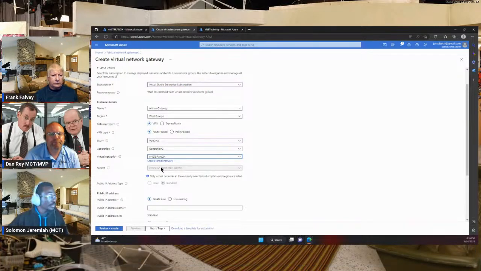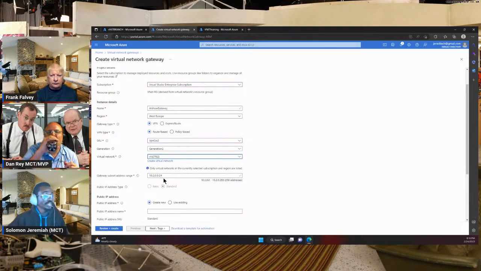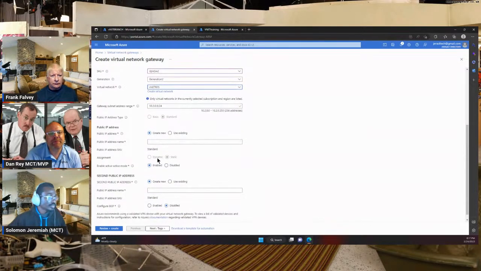So if there was no subnet there, you can still create it. So if I probably choose, I think there's no, oh, there's one there. So let me try this. So you can see it created a new subnet for the gateway for me. And once you do that, you can now select